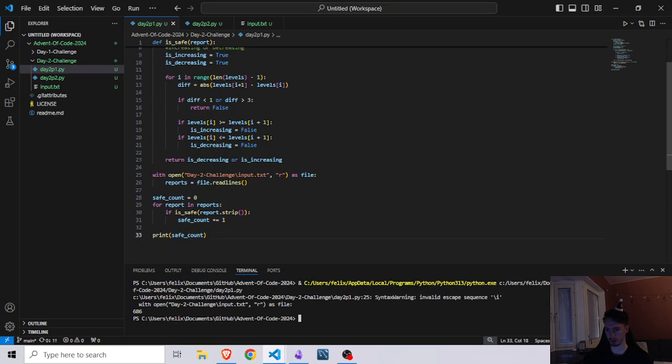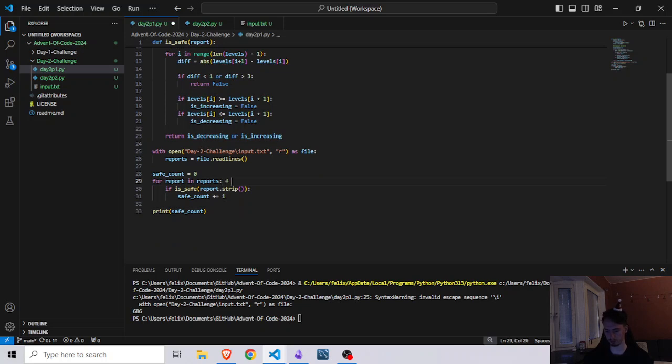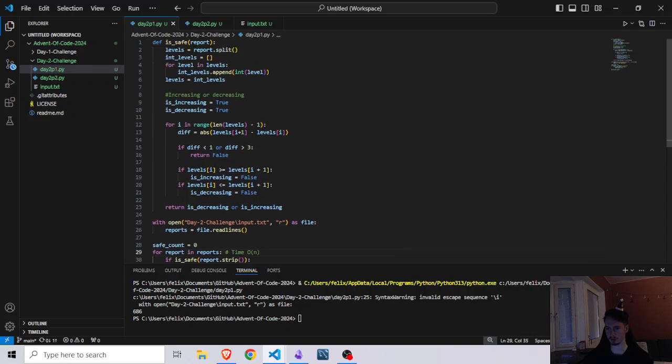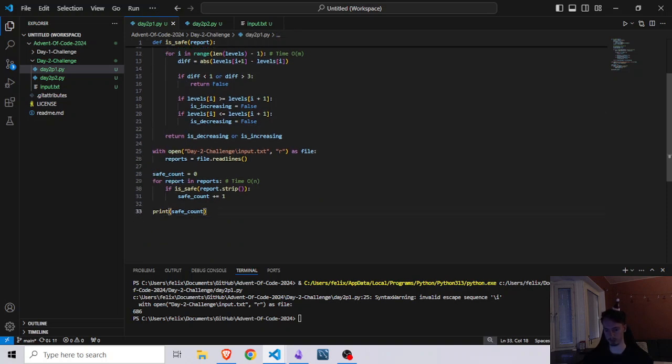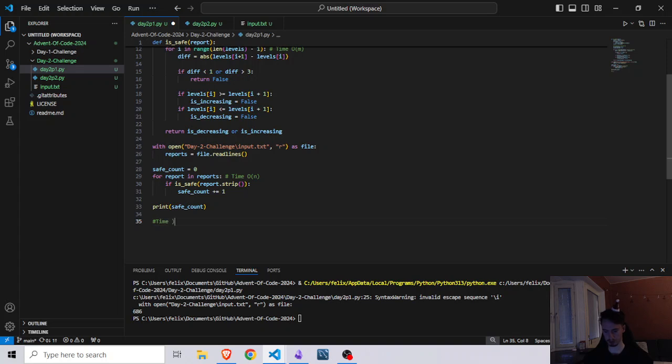And now if we talk a bit about the time complexity, let's see. We have here a for loop, which is, of course, time complexity of O of n. Then we have another for loop here, but that doesn't really matter. This one is an important one, which is O of m. So m being just how many levels there are in each line, because you can have 1,000 lines, but one level per line, and of course that's going to be faster than 1,000 lines with 1,000 levels each. So the time complexity would be n times m,